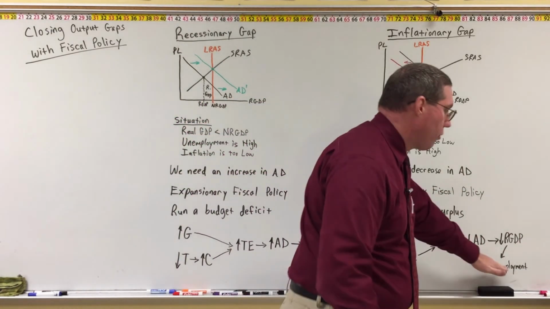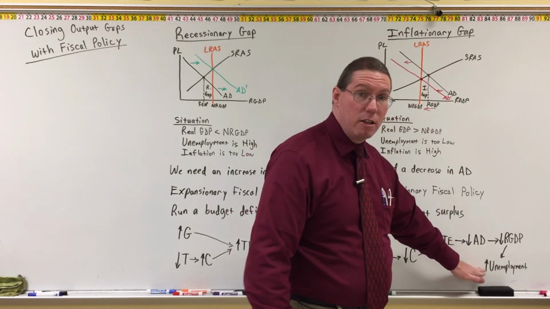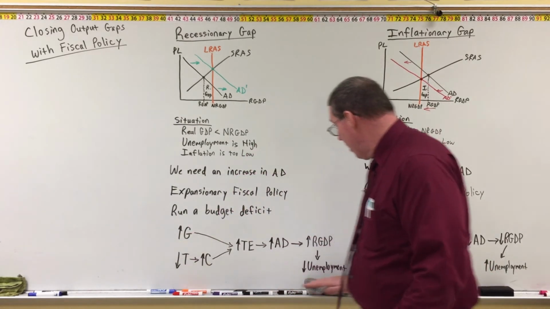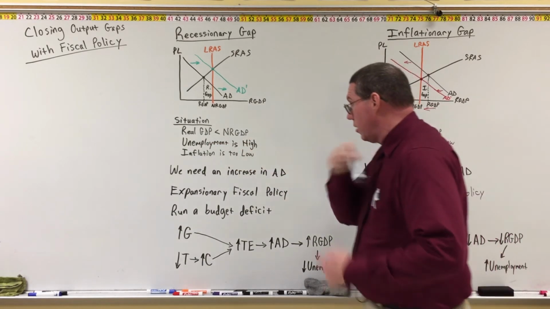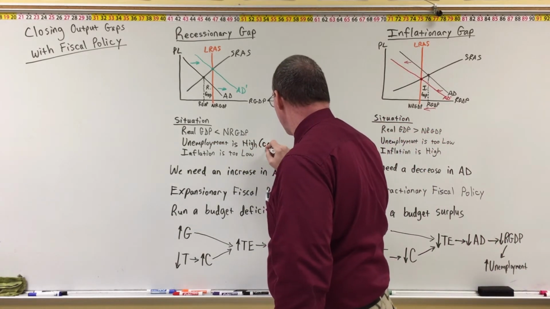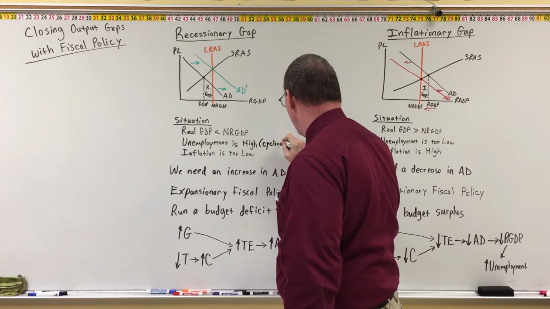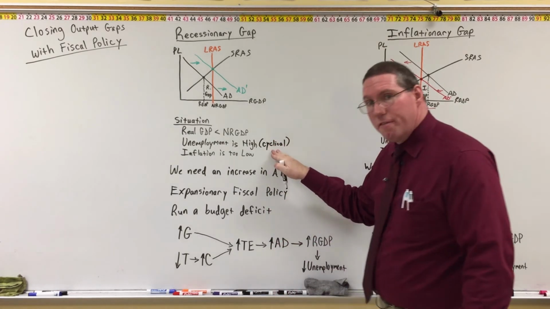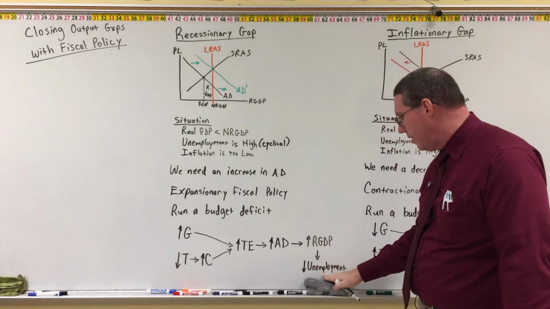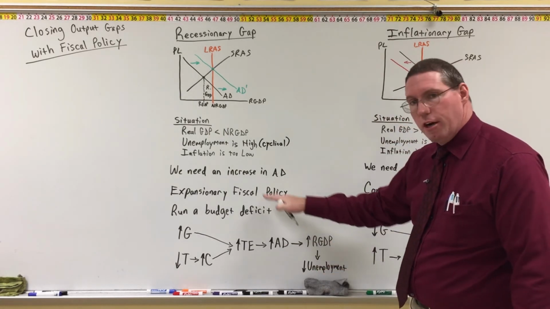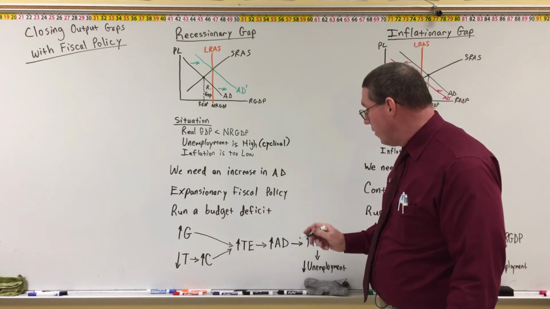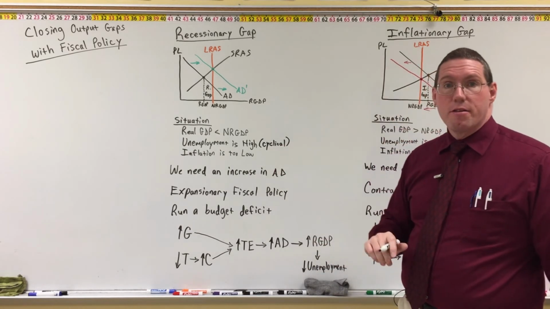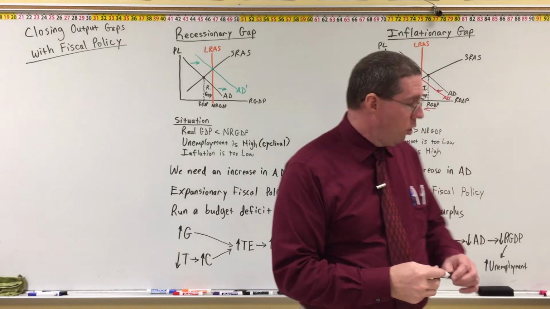That's what I mean by an increase in unemployment. This is not cyclical unemployment. Over here, the decrease in unemployment, this unemployment is high, that's because we had cyclical unemployment. There was cyclical unemployment here, okay? And so we need to get rid of the cyclical unemployment. So when unemployment decreases here after expansionary fiscal policy, the decrease in unemployment effectively is eliminating cyclical unemployment, where over